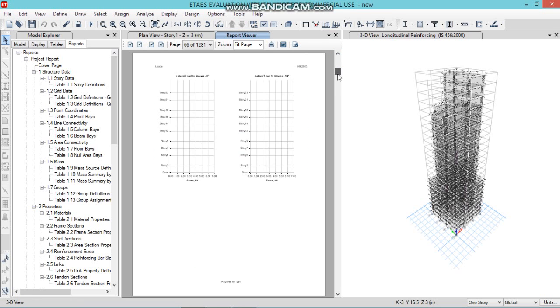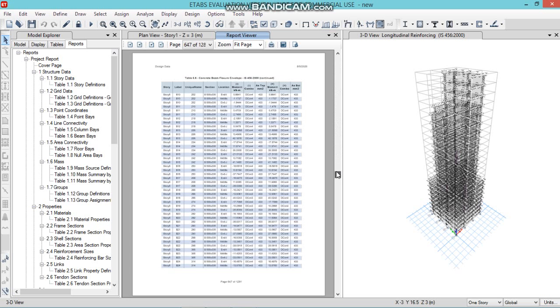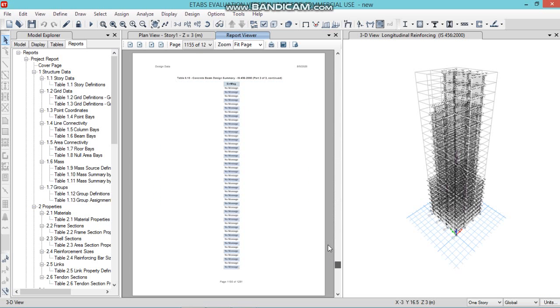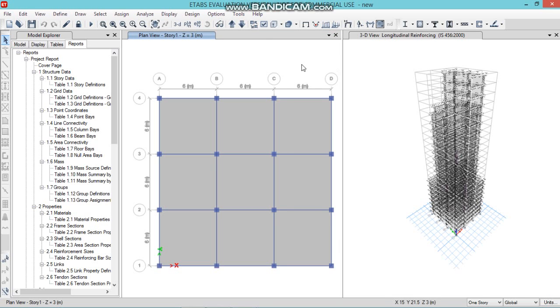Now you can have access to all the details and data from start to end of the project. So this is how we're going to complete the seismic analysis of buildings with the help of response spectrum method and time history analysis method. Thank you.